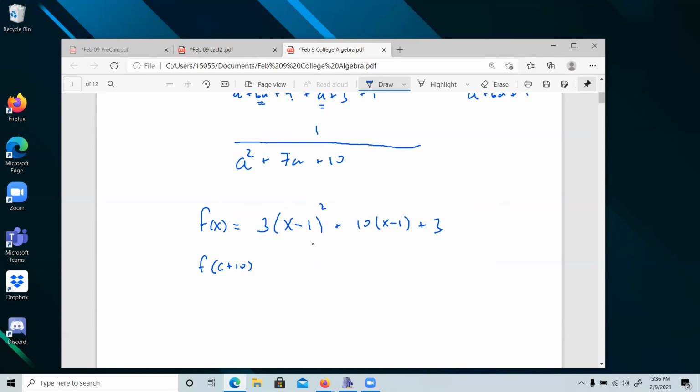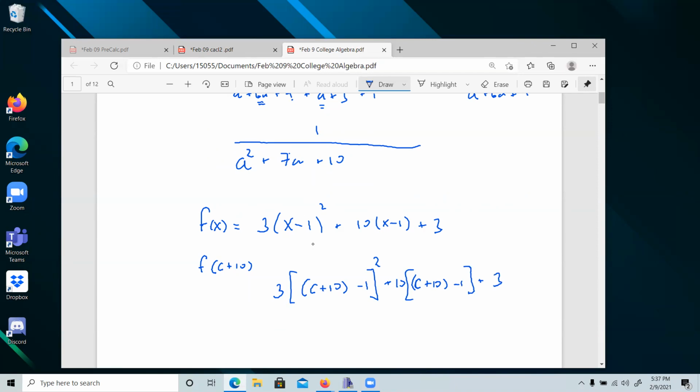Okay. So everywhere we see an x, we're going to replace it with c plus 10. So this is 3 times c plus 10 minus 1 squared plus 10 times c plus 10 minus 1